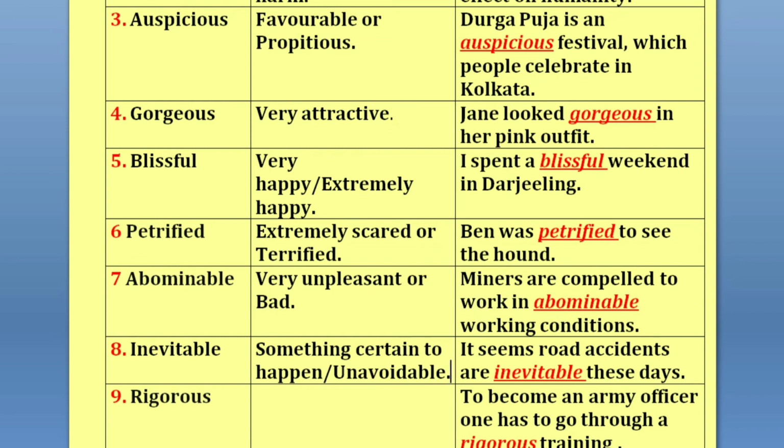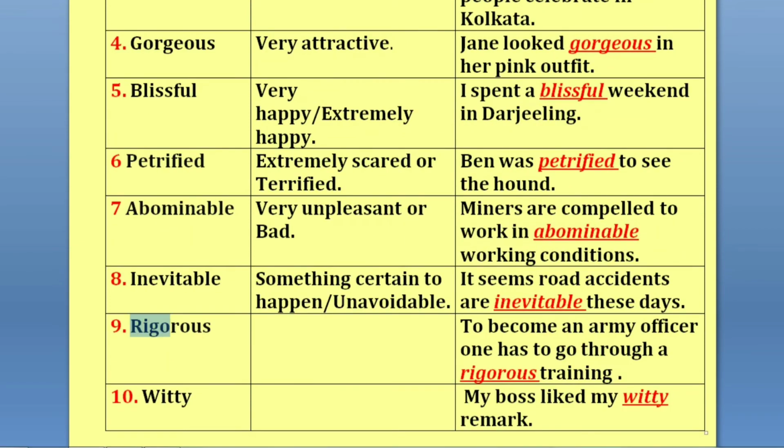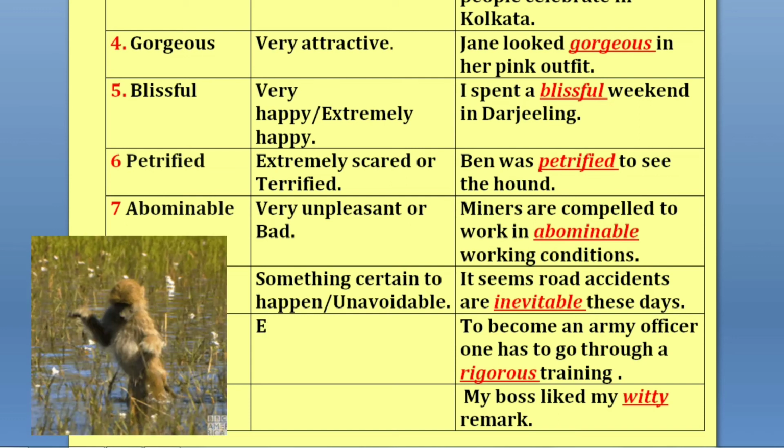So up next we will see the ninth important adjective for today. As you see on your screen, the ninth adjective for today is rigorous. Let me pronounce it once again. It's rigorous. So rigorous means extremely careful or thorough. Okay. So let me pronounce it. It's rigorous, means extremely careful and thorough. Okay. So you can also use the word meticulous. That's the way you can use this. It's kind of a synonym, rigorous and meticulous, extremely careful or thorough.